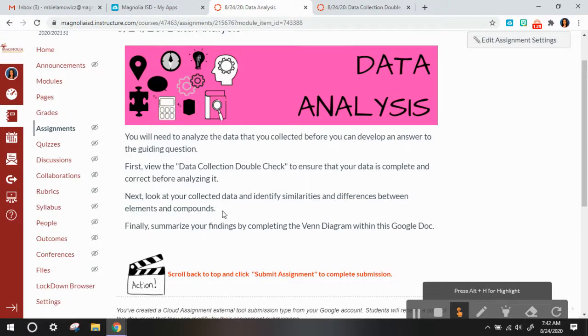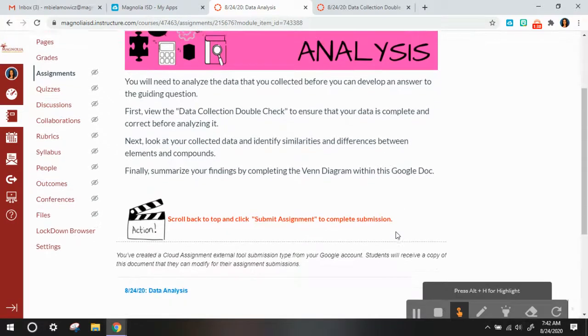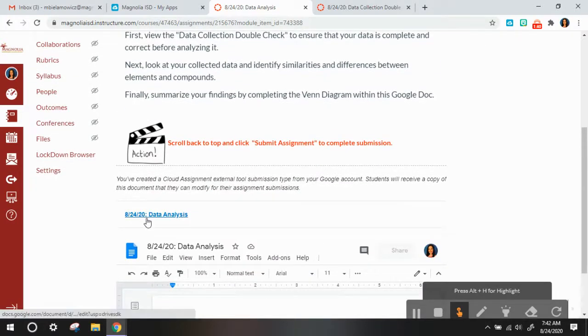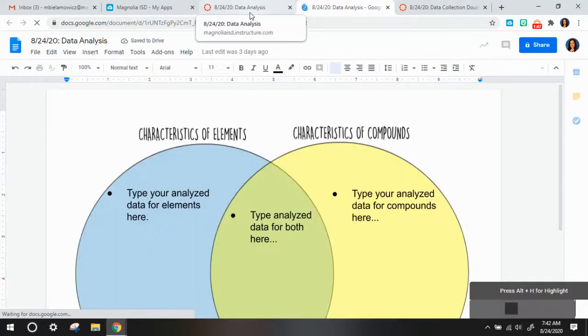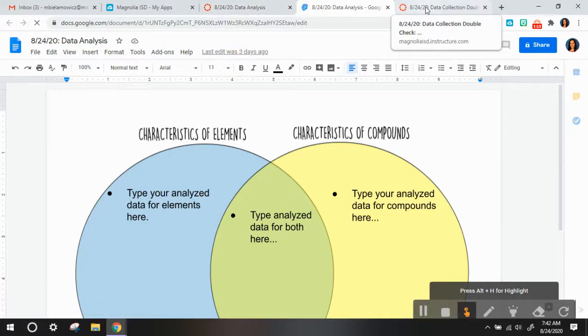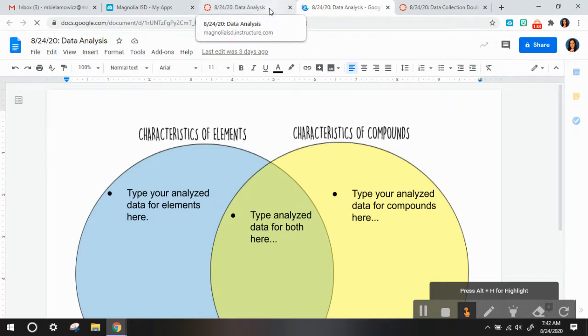So you have to look at all of your collected data and identify similarities and differences between elements and compounds and complete a Venn diagram within a Google Doc. So you'll, like normal, open up the Google Doc in a separate tab by clicking that blue link. And there is one thing that is a little different when you are trying to type into this document. You are going to have to,